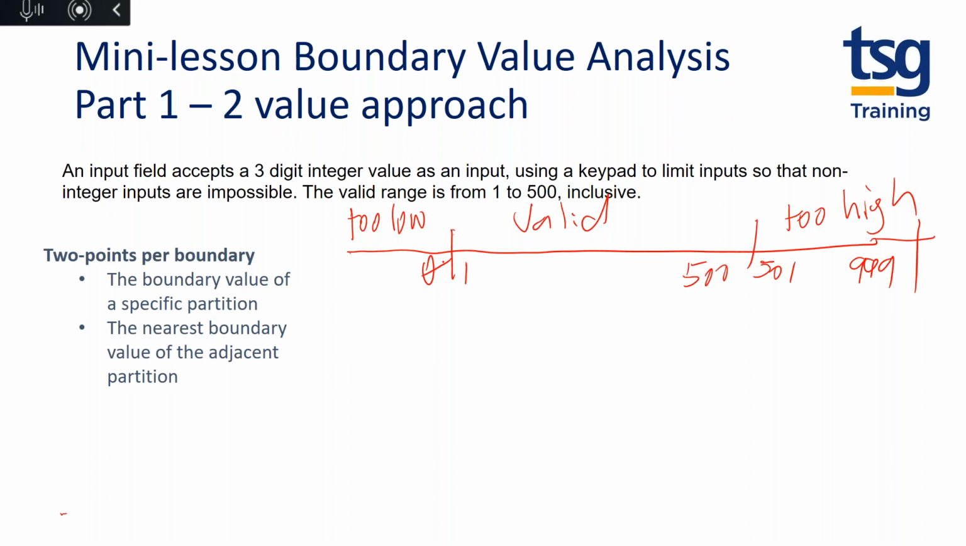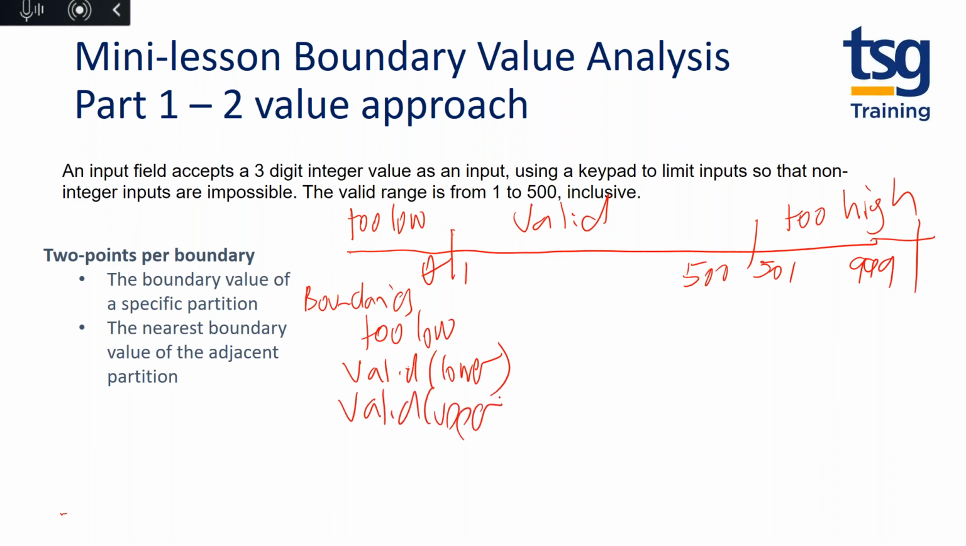Now, the definition of a boundary in this syllabus is exactly the same as the definition of boundary in the previous syllabus. It's the highest and lowest values inclusive in the partition. So my boundaries are too low, because that's a partition of one value. We've got valid lower. We've got valid upper. And we've also got too high lower. Excuse my terrible handwriting. And we've got too high